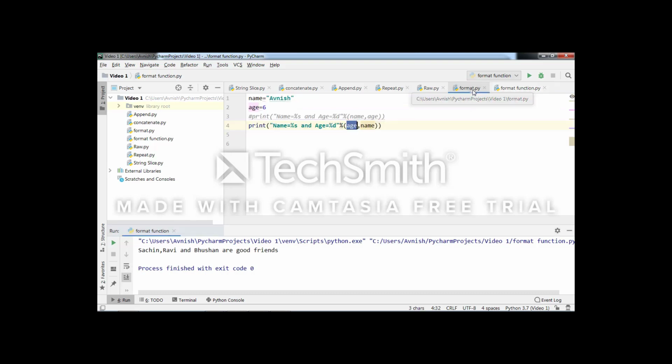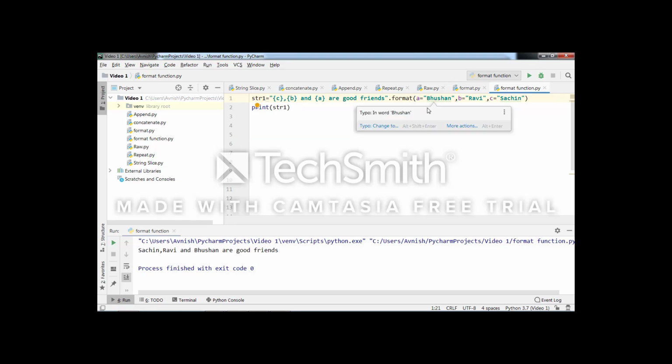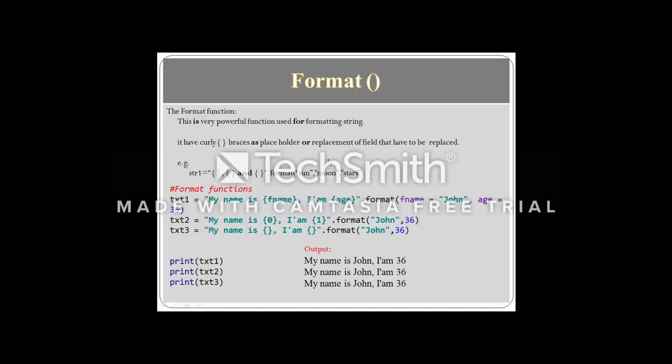For the format operator, the percentage symbol is used, and within that we can pass arguments. Arguments may be variables. In format functions, we can also pass some strings as well as some key-value pairs. That part we learned in today's session.